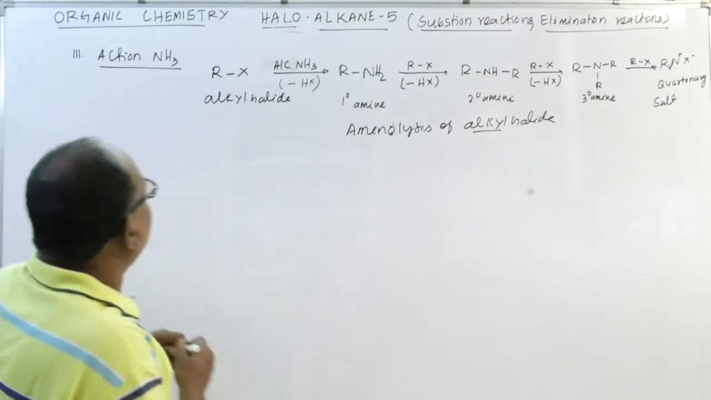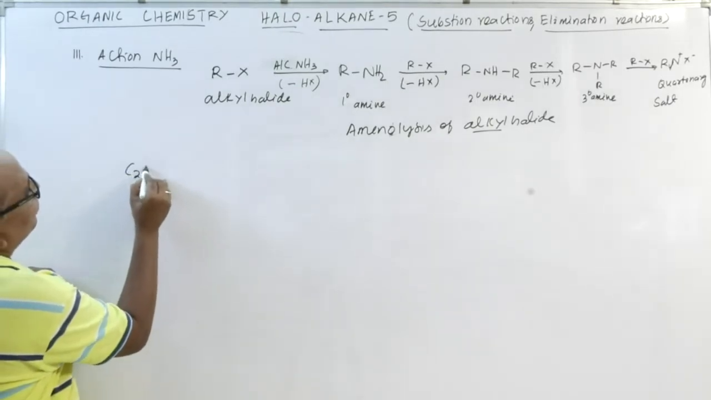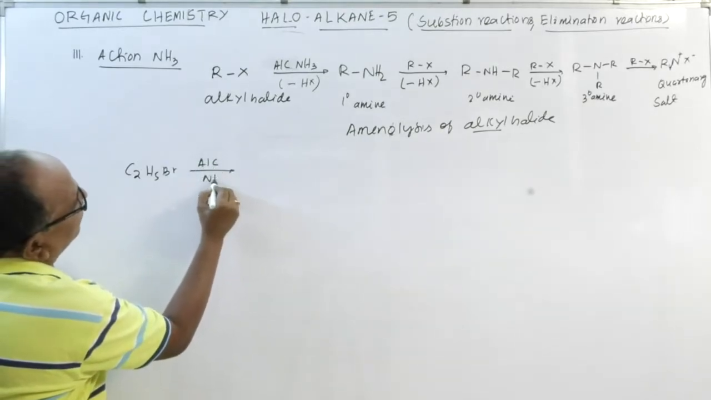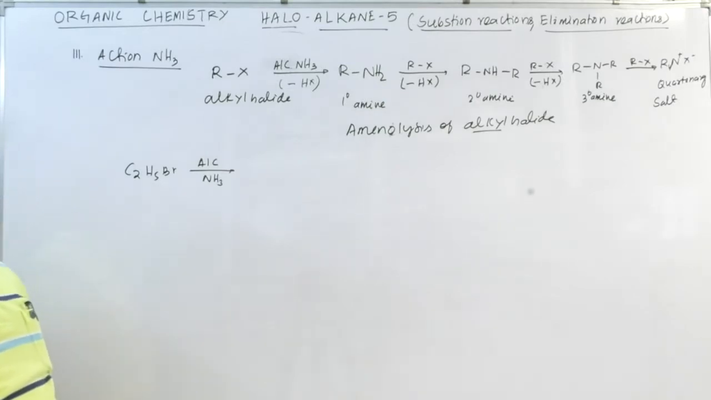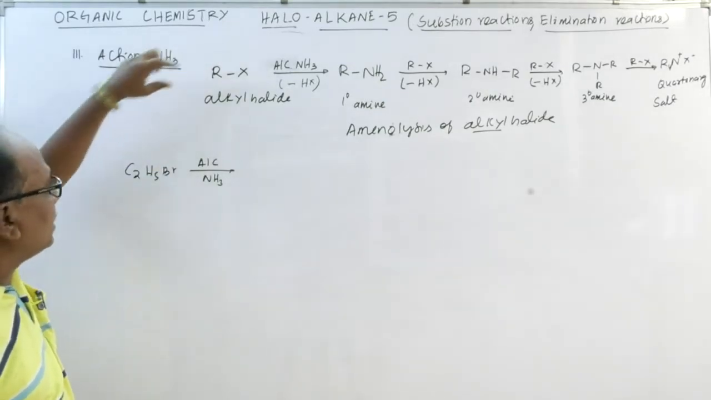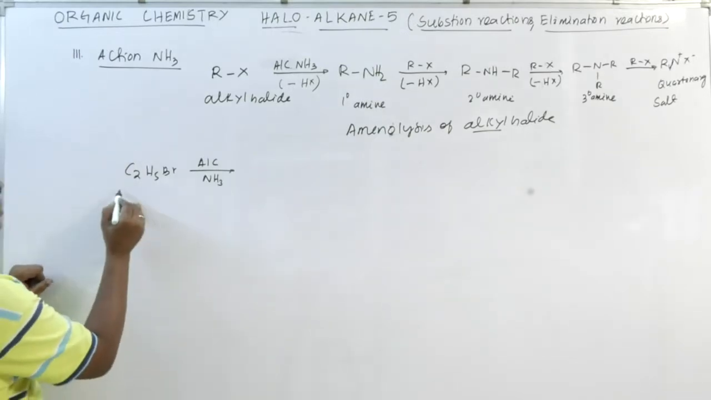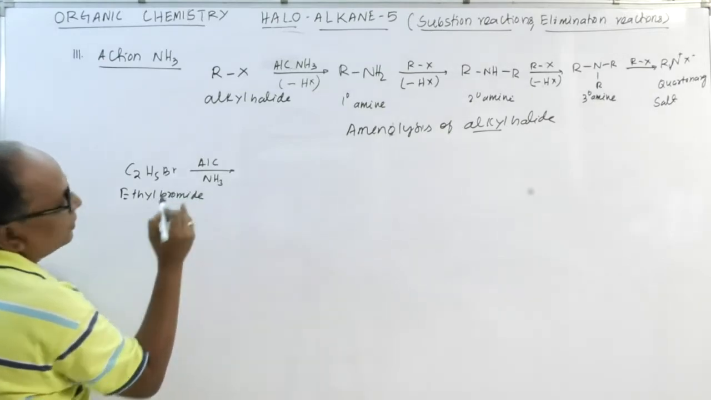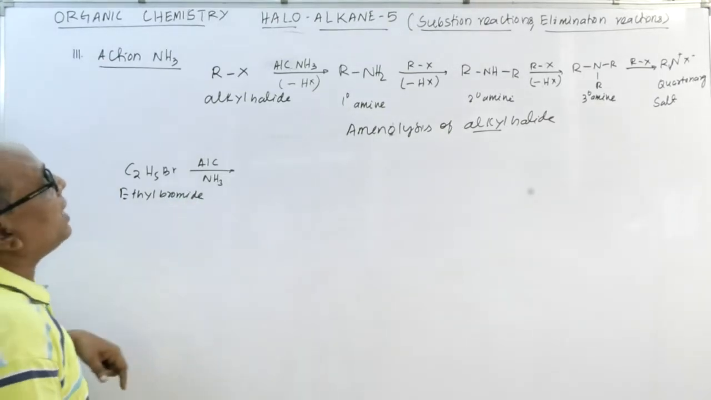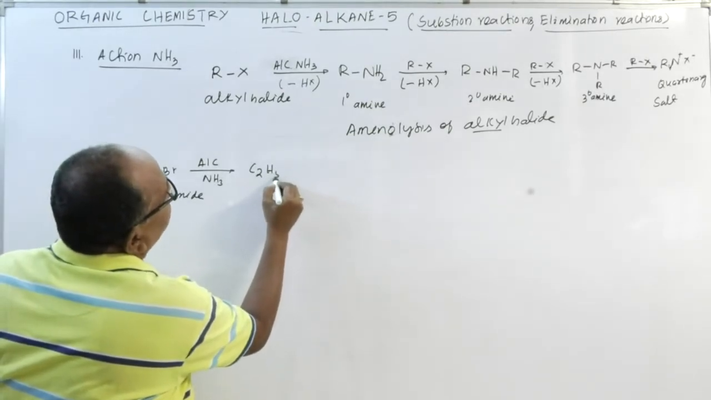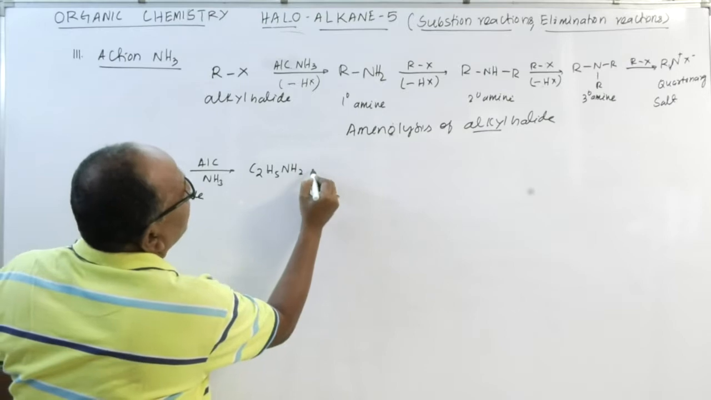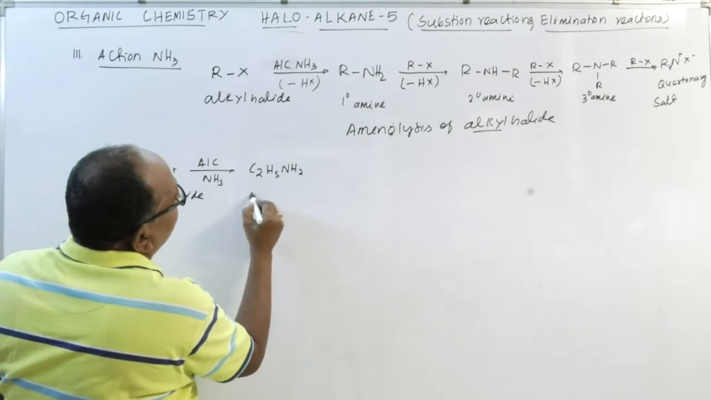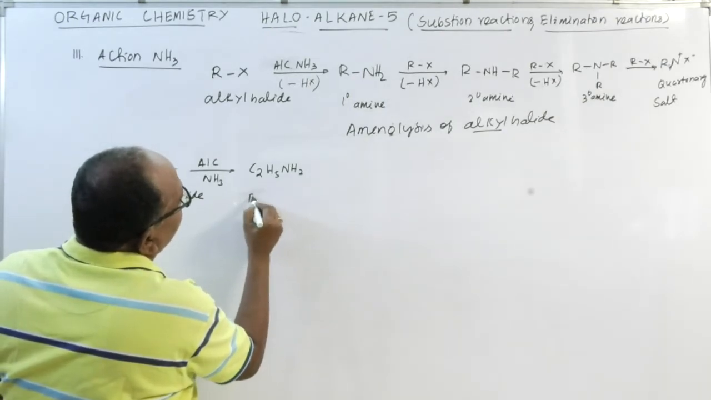Okay, students, can you write now? If you take ethyl bromide reacting with an alcoholic solution of ammonia, see, the R is now ethyl. This is called ethyl bromide. And when this ethyl group reacts, it forms C2H5NH2, and this is called primary amine, that is called aminoethane